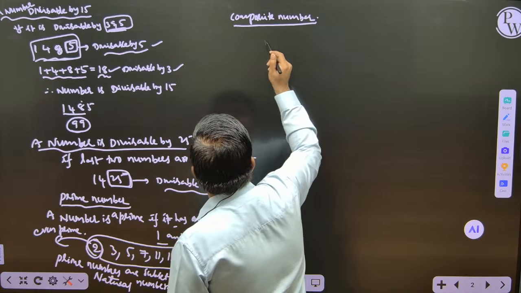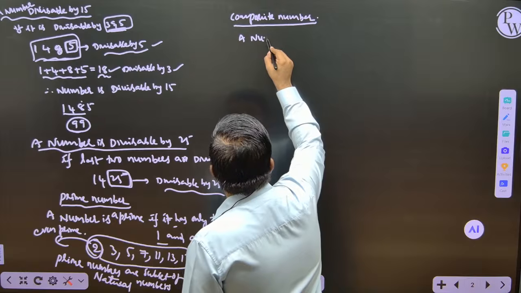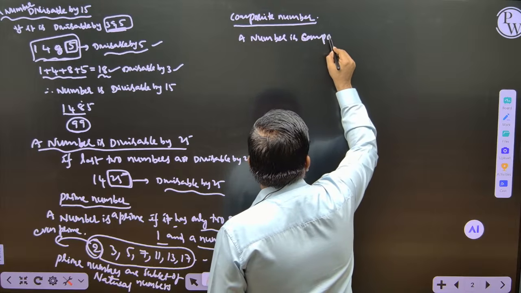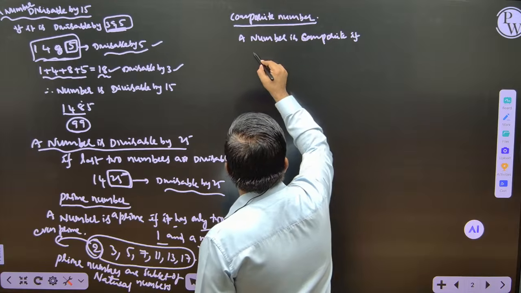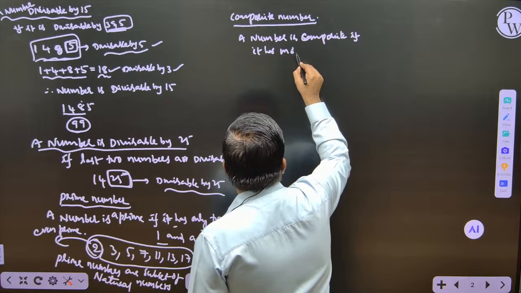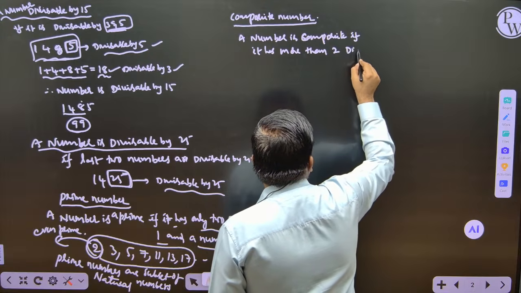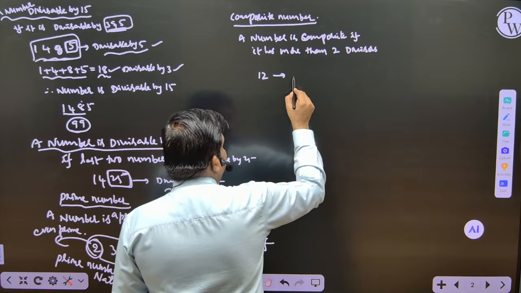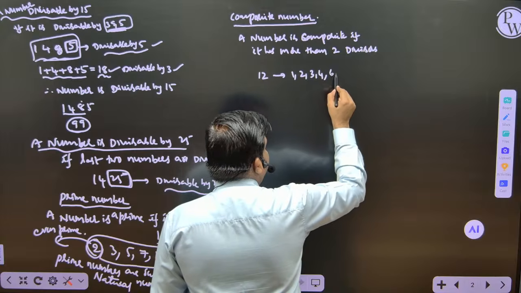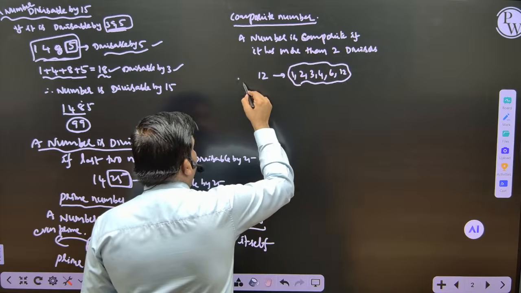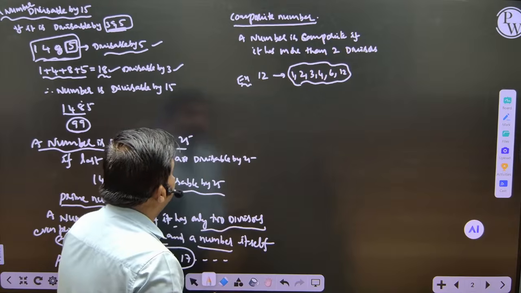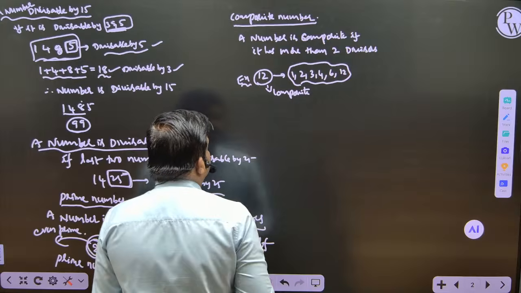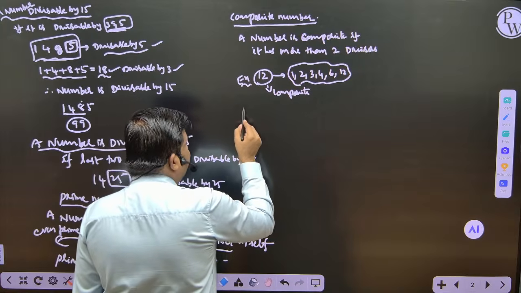What is a composite number? A number is said to be composite if it has more than two divisors. For example, take 12. What are its divisors? 1, 2, 3, 4, 6, 12. So you have more than two divisors. That's why it is a composite number. Next, co-prime